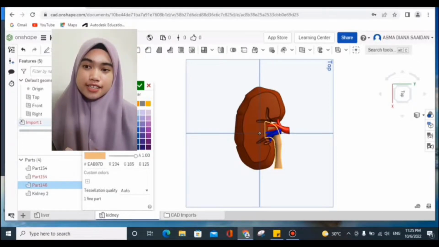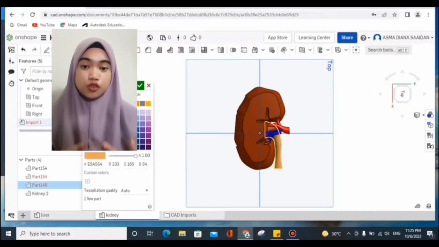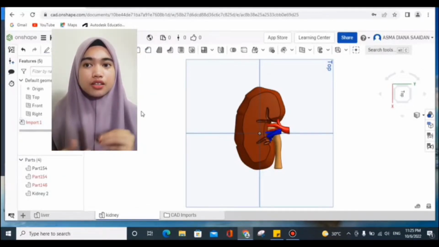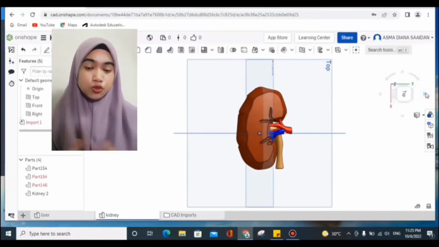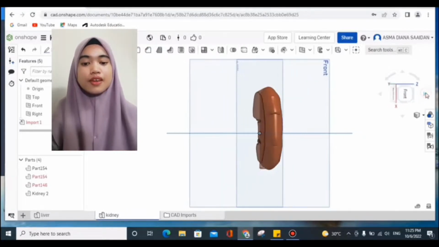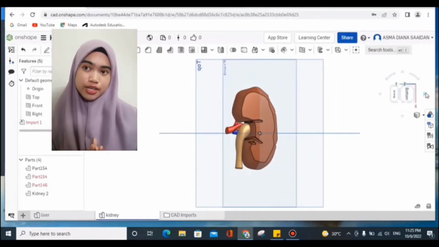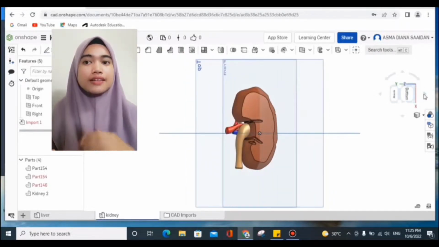Next is the ureter. The ureter collects the filtrate and urine from the renal pelvis and transports it to the bladder. And then we have the renal arteries, a pair of arteries that branch off of the